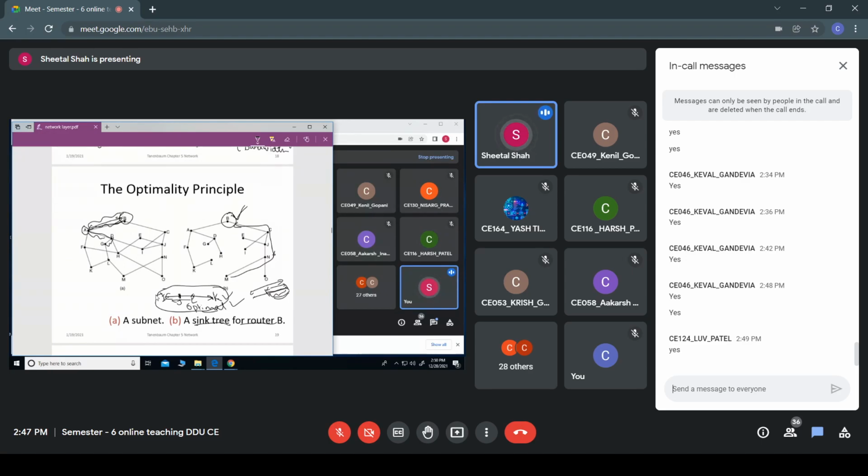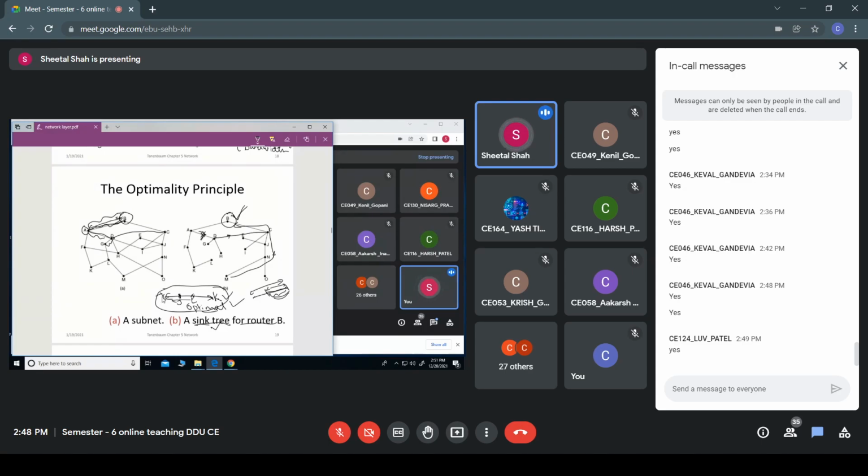It might be possible that, say, if I'm having one more link like this, in that case the sink tree can change. Instead of providing a connection from here to here, I can have a sink tree from here to here. There can be a communication path from here to here. So you can eliminate this link. So it is not that the sink tree would be unique. You can have more than one sink tree, but there will not be any loop, and hence there would be an optimal path from any of the sources to a given destination.